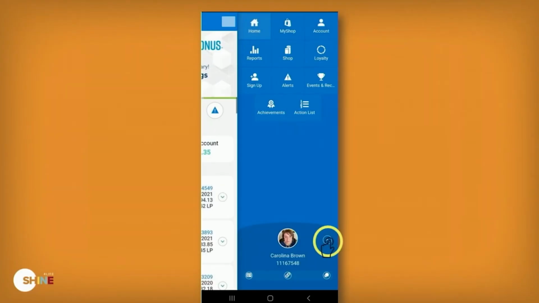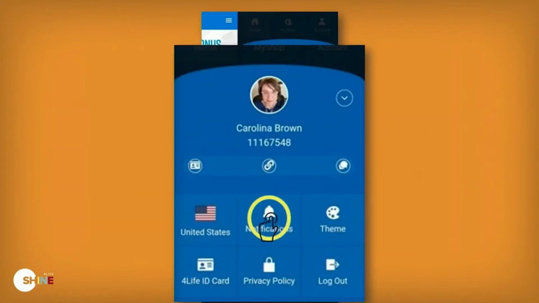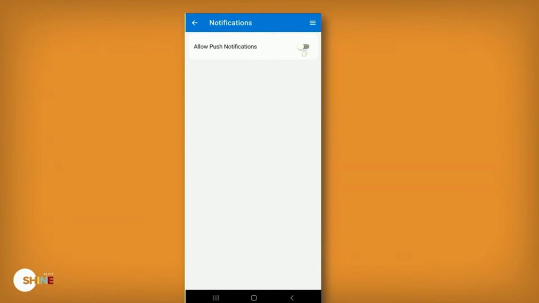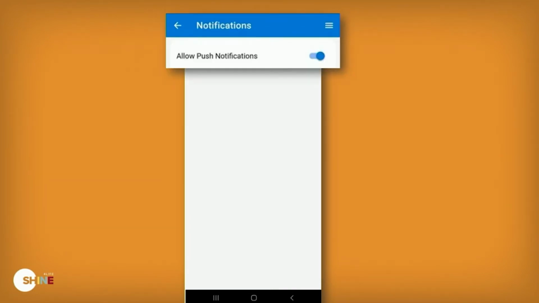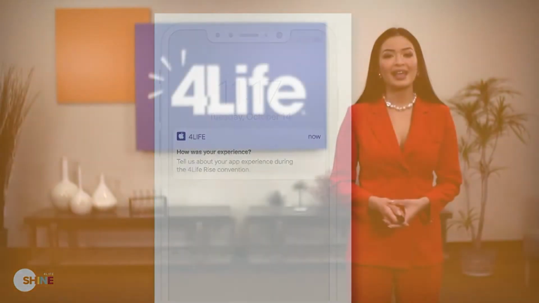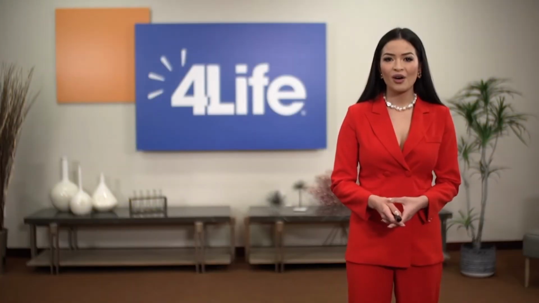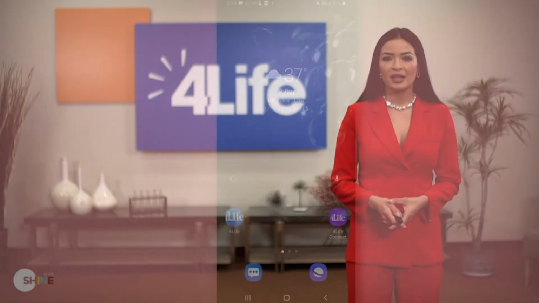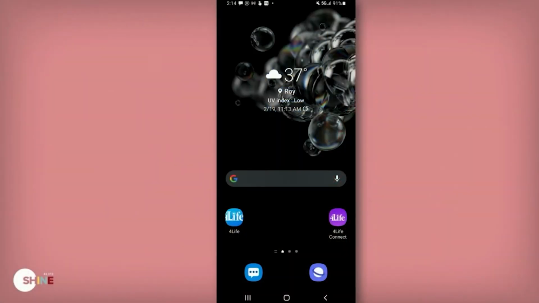If you open your personal information section at the bottom of the menu, you will find notifications. Here, you can toggle on your push notifications. These push notifications inform you about limited time offers, ask you for customer feedback, and more. You do not want to miss out on push notifications. Now, that was all you need to know to stay in the know with the 4Life app, but let's talk